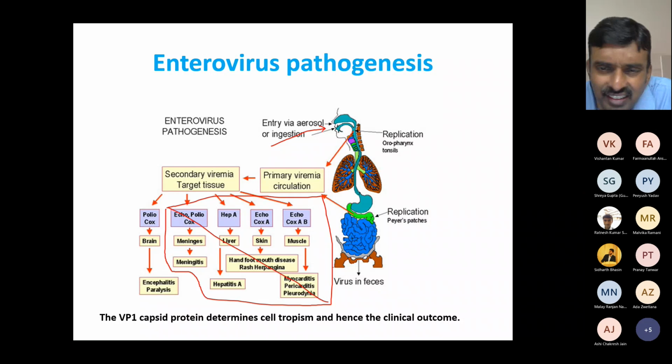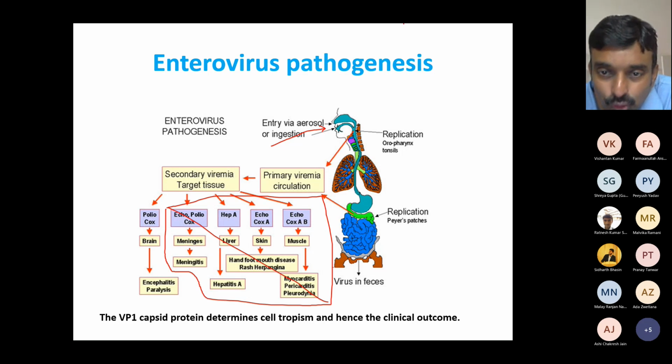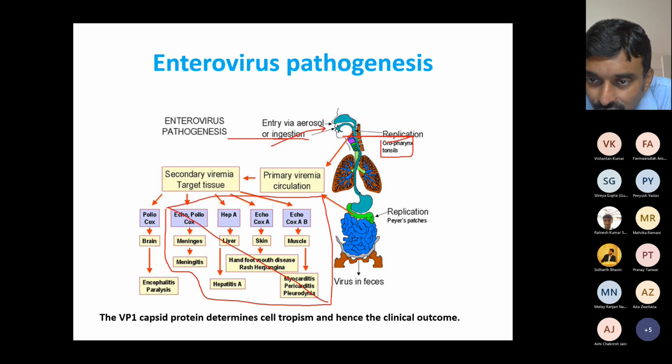Fecal-oral route. Very rarely, when a child has it in the throat and sneezes or something, it doesn't induce a cold or anything, but accidental sneezing or coughing can also lead to aerosol-mediated ingestion, which is much less common. Most often it is by contaminated food or water, that is called ingestion. Then it replicates a little bit in your tonsils and your oropharynx, the back of your mouth or throat. That's where it replicates a little bit.